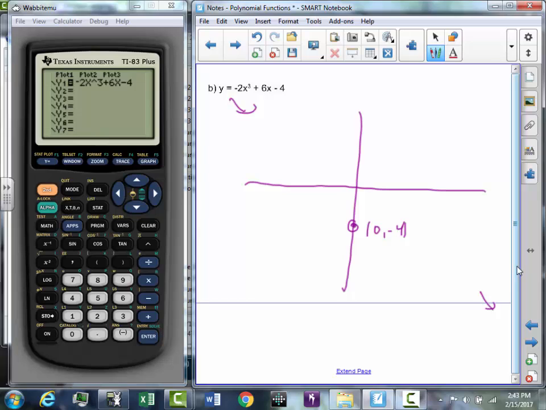Does it have to be on a nice even number, though? It might be. It might not be. If it does happen to hit on a nice even number, then it means we probably could have done some factoring. We just didn't. There's actually the possibility that it has up to 3 intercepts as well. So okay, now let's graph